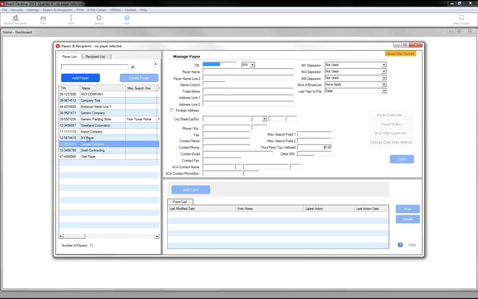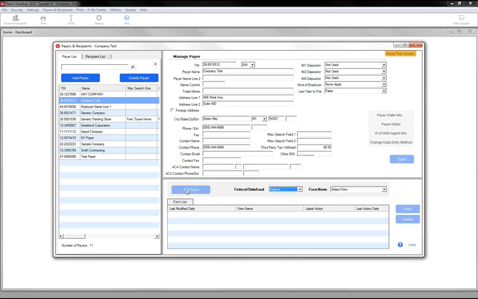And if you had any payer level forms that you'd like to add as well, you can do that from this bottom section here on the right. And you'd click the Add Form button. And then there's two different drop downs. The first would be to select the agency, meaning the federal agency or any of the state agencies. And then the forms that you can add in here would be state UI or withholding or the federal 94X series forms. Also, you'll be able to find the 1094C form, and this is where you would data enter in